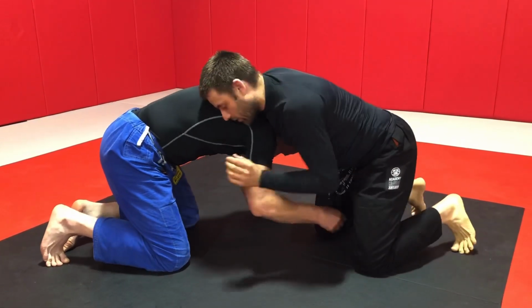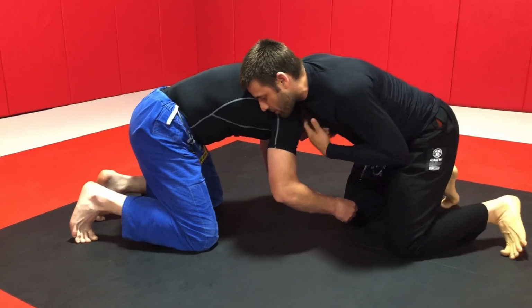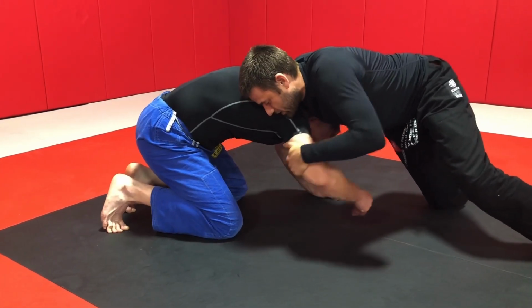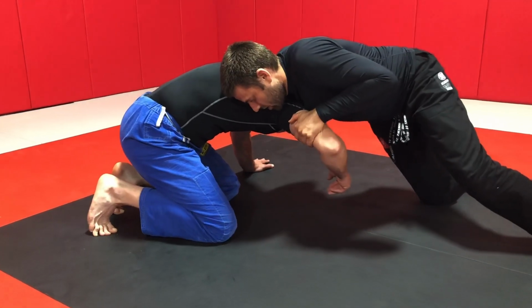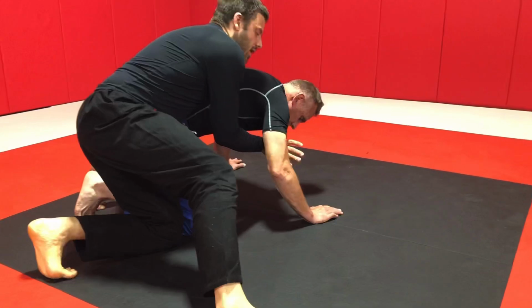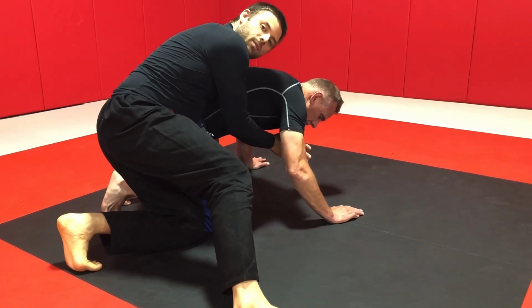So just chin strap grip, set the top of my bicep, bottom of my shoulder on the nape of my partner's neck. Okay, pull his arm into me, separating his arm and his chin. Fold my arm around behind him, walk around to the side, and now I'm behind my partner where I can begin to attack, put in my hooks,